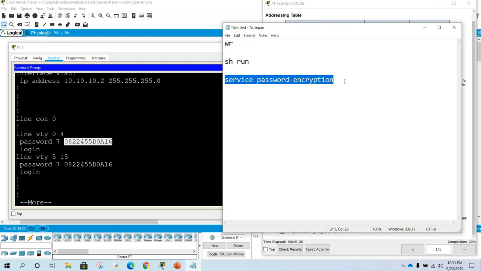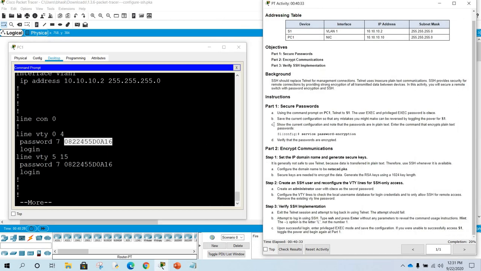It is going to encrypt all your plain text passwords to an encrypted state. That is step number C. Service password-encryption. Verify that passwords are encrypted or not. Yes, this is also completed. We encrypted all these passwords, and we can verify by the show run command.